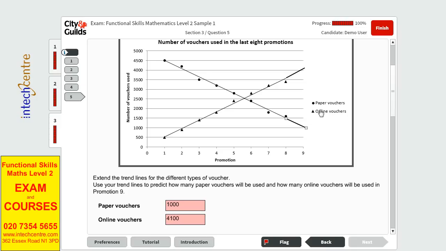For paper vouchers, you could have said between 900 and 1,200, and for online vouchers 3,900 to 4,100. So that it is not too confusing for you, you could bring the line a bit down, but I think it was fine there for 4,100. Okay,